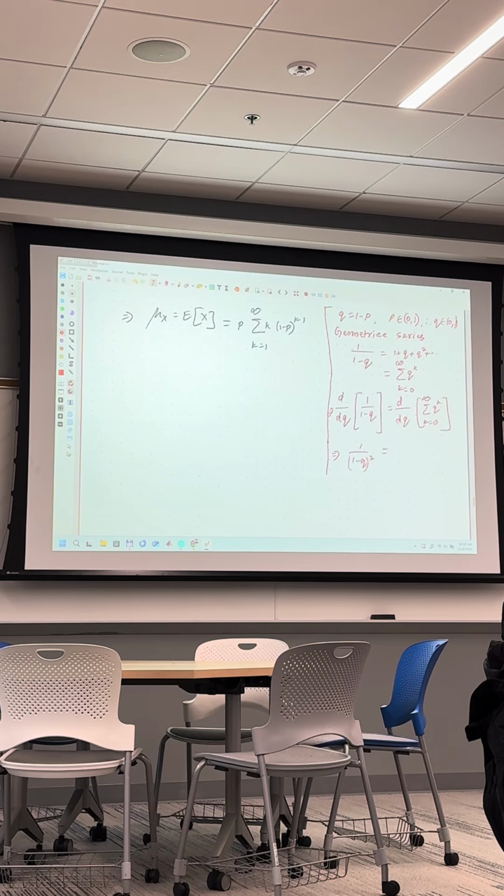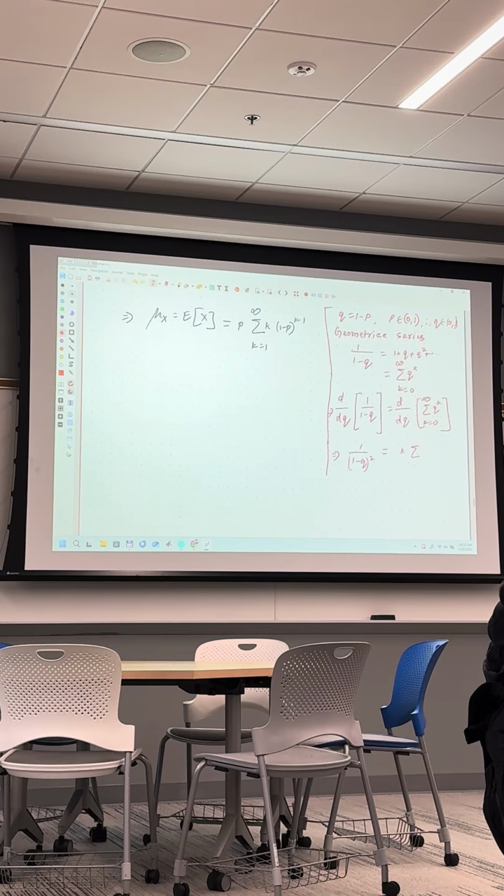And then d over dq of the summation. So this derivative operator, you can just push it inside this summation. If you take the derivative of q to the k, k is the power, so you can bring k out. You can directly write the derivative operator inside, so k equals 0 to infinity, k is the power, k q to the k minus